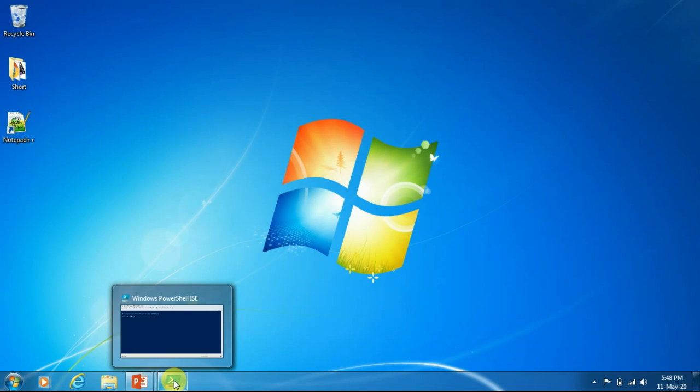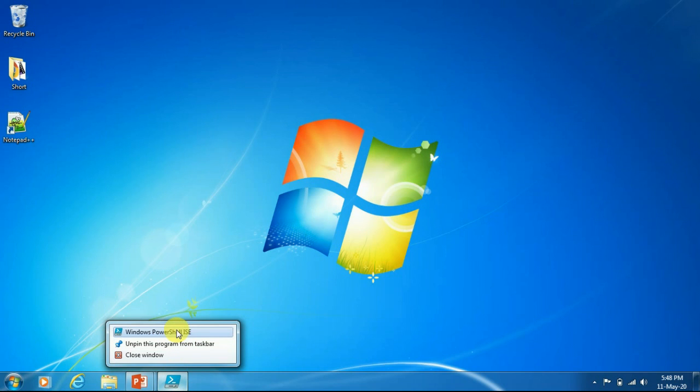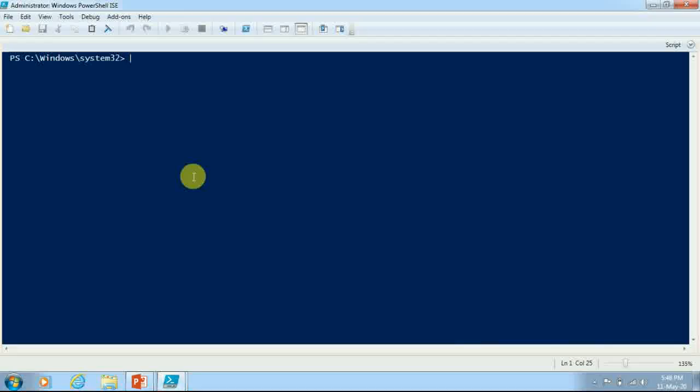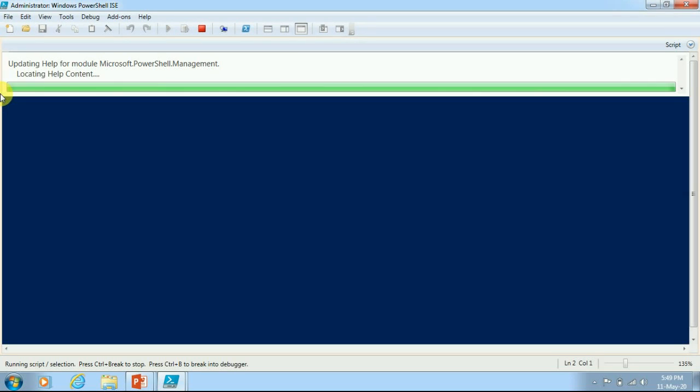To use Update-Help, it is necessary that you open PowerShell in administrator mode. You can see here that I have opened PowerShell in administrator mode. This is very necessary while using Update-Help, then only it will get installed in your system. So here no need to do anything. Just write a simple command called Update-Help. As soon as we click here, it will connect to the internet and it will start downloading.